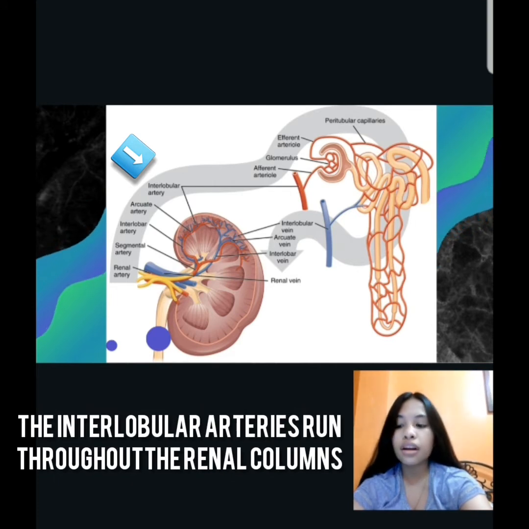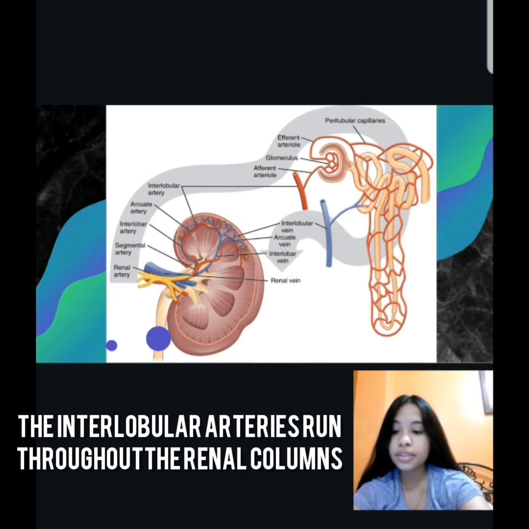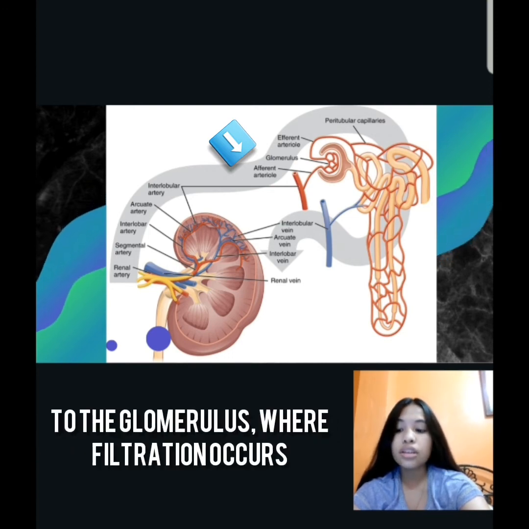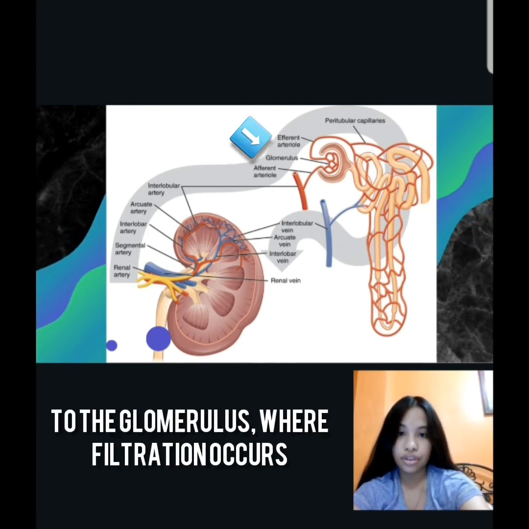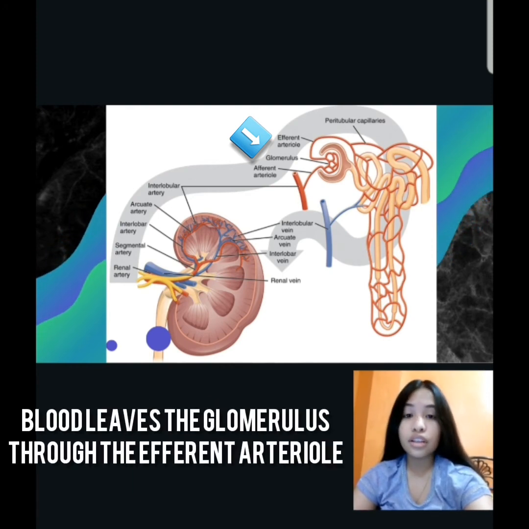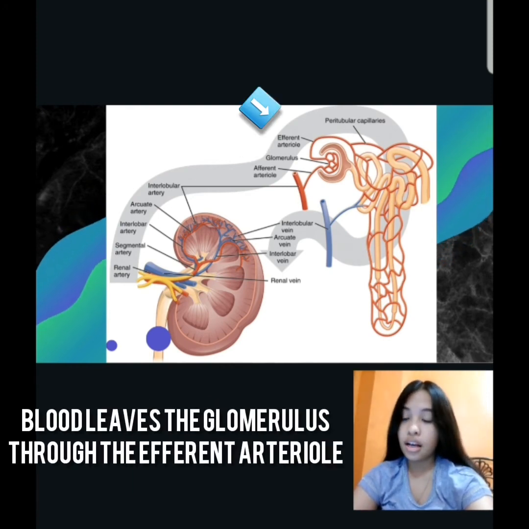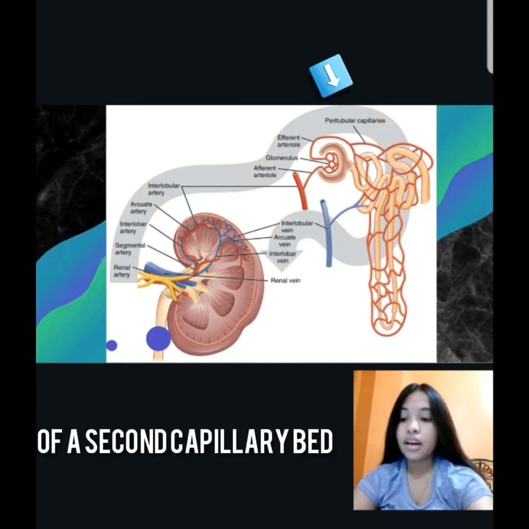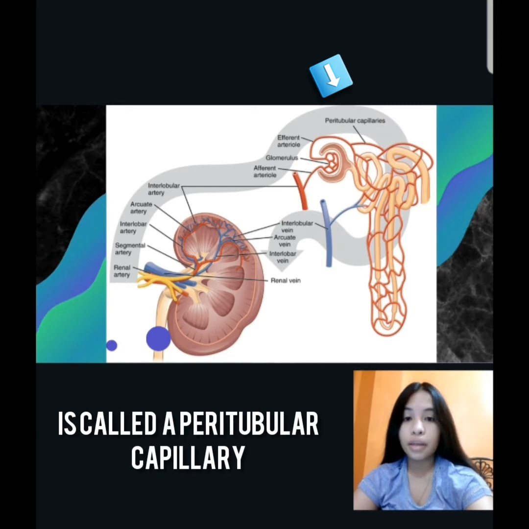The interlobular arteries run throughout the renal columns and renal pyramids and eventually lead via the afferent arteriole to the glomerulus where filtration occurs. Following filtration in the glomerulus, blood leaves the glomerulus through the efferent arteriole. The blood then enters the individual vessels of a second capillary bed, each of which is called a peritubular capillary,